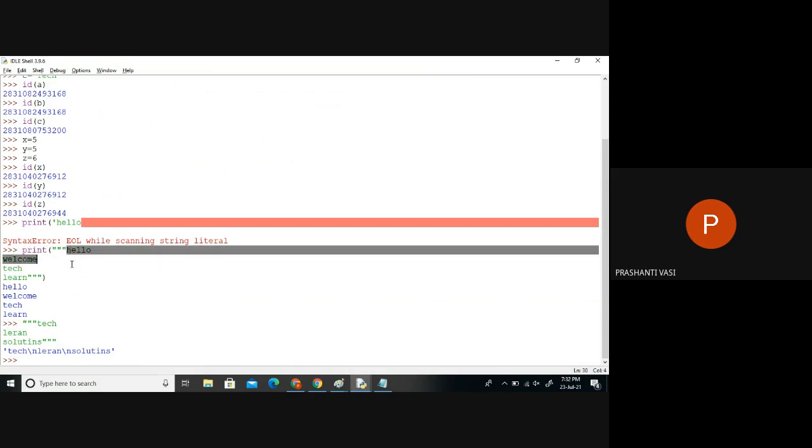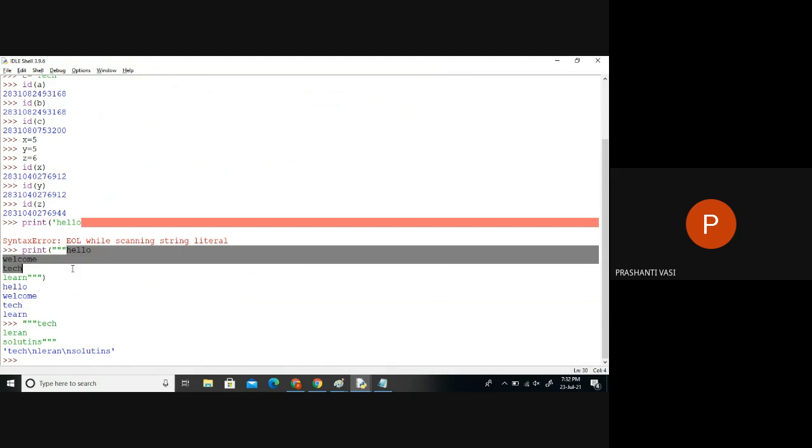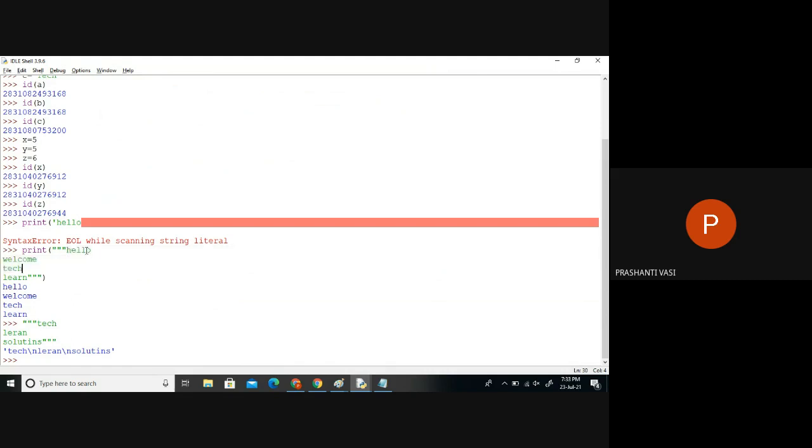It will not show double quotes, single quotes, or the new line character. When I pressed enter, it is equal to which letter? This letter. So when I use print, it hides all those symbols, brackets, triple quotes, slash, everything. It only shows the actual data, not the complete format of the data. But when I just give the data, it will show the data along with symbols.